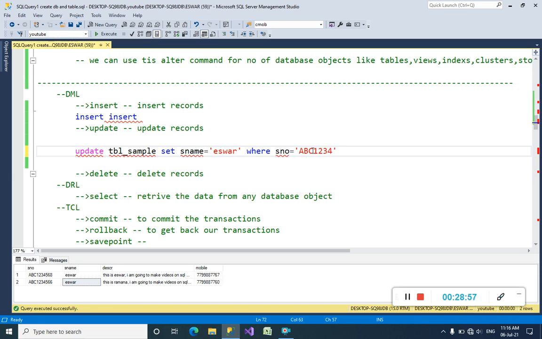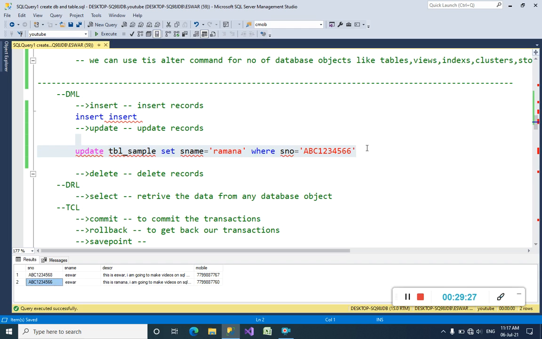Actually it was before like Ramana. Without declaring a where condition, it has updated 2 records instead of 1 record, because we want to update only 1 record, but it has updated 2 records. So that's why I want to give the name back to this second row.